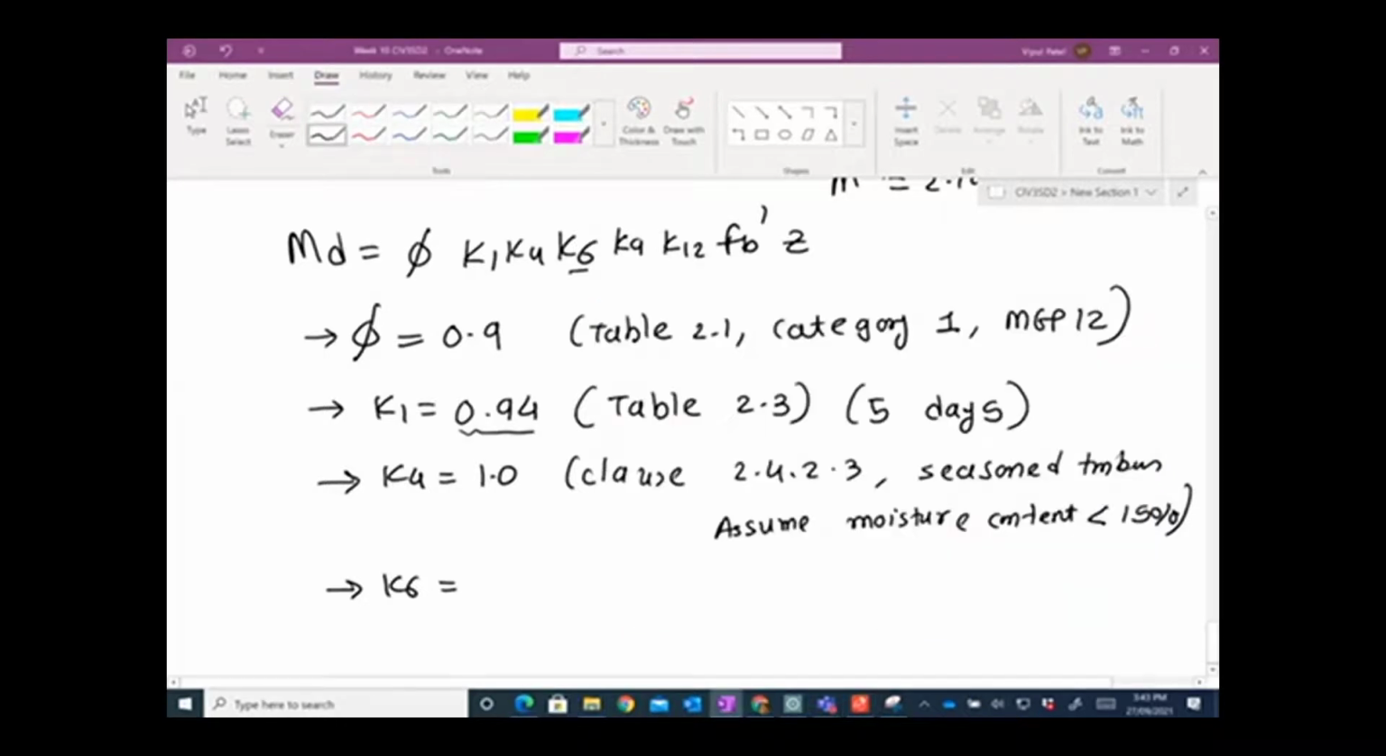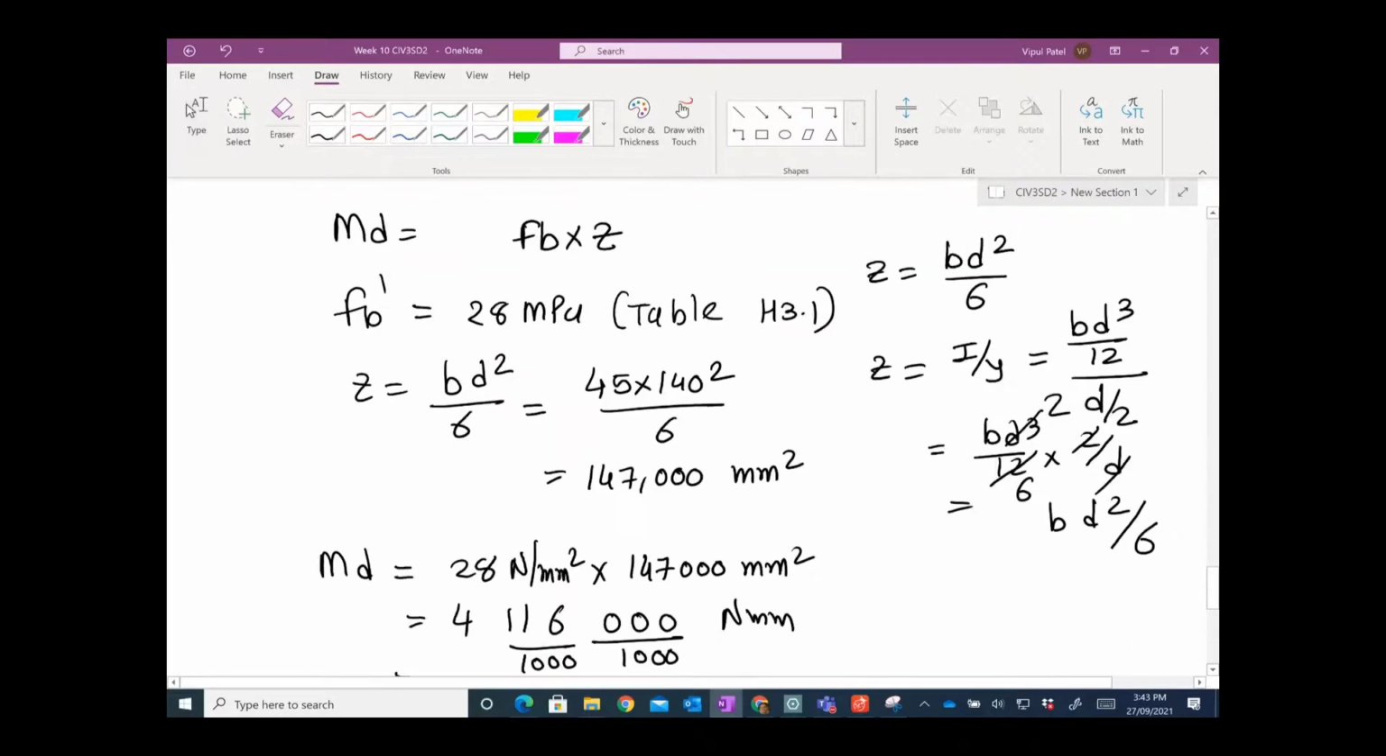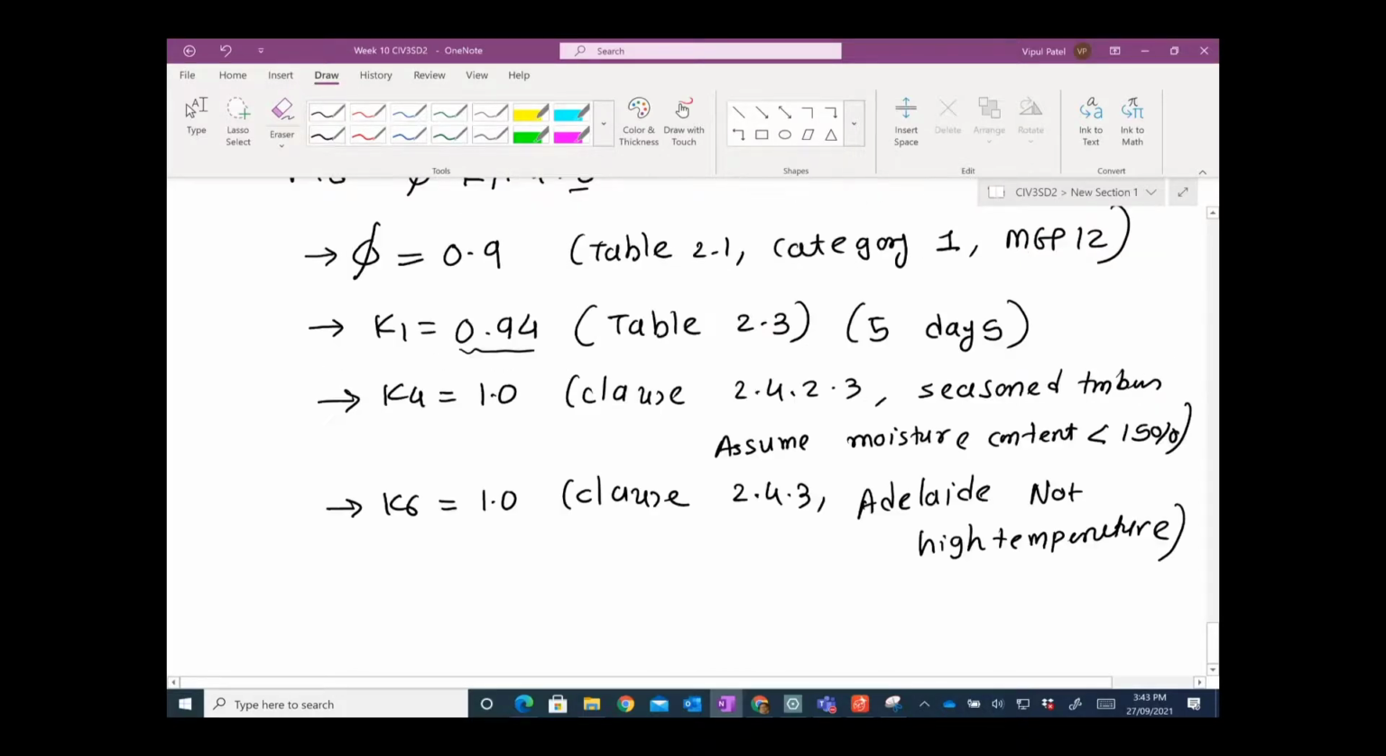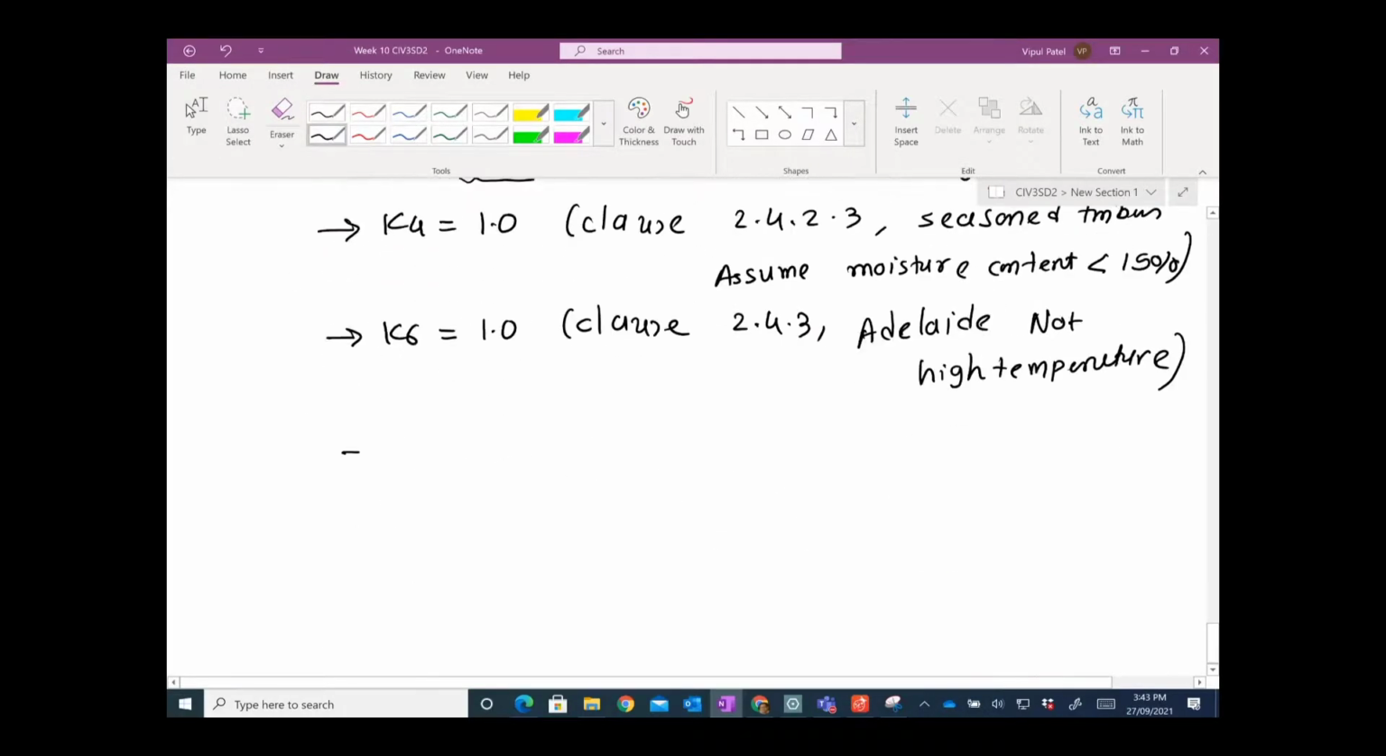So temperature factor K6 equals 1, and that is in clause 2.4.3. Adelaide is not a high temperature zone, and high temperature zones are just Darwin and Queensland. K6 equals 1. K9,